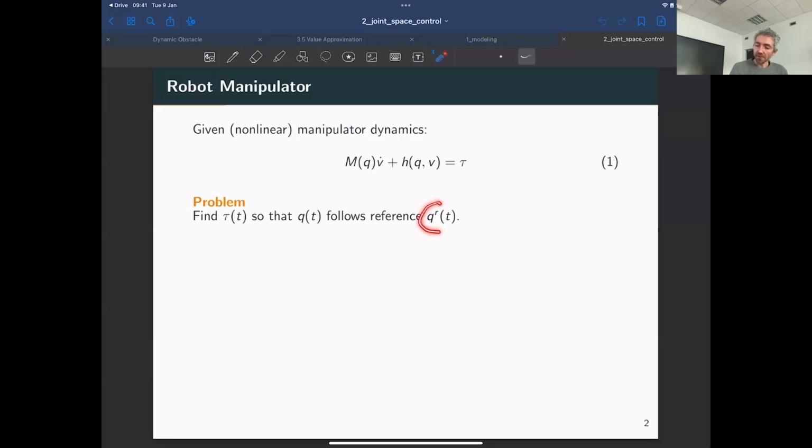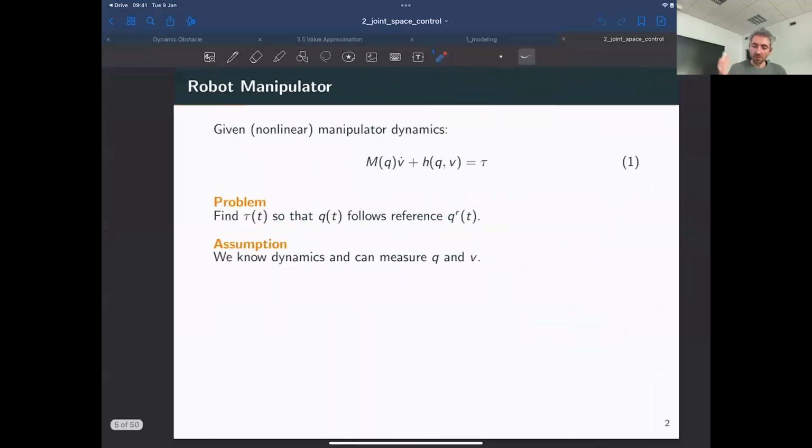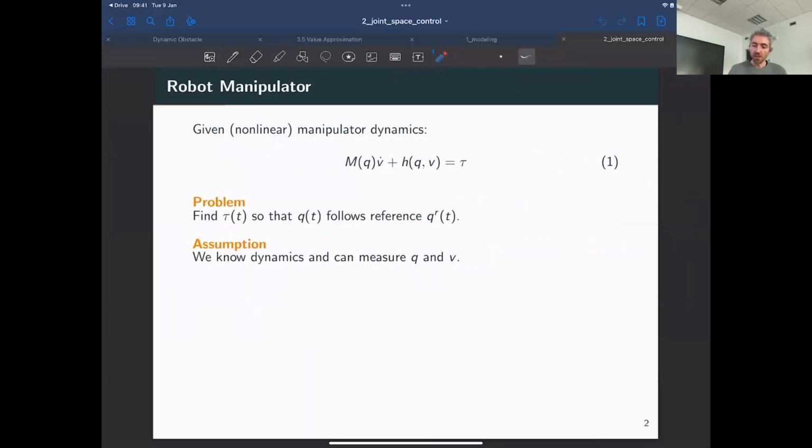We have a reference joint trajectory, qR. So we know exactly what kind of movements the robot should do. And we want to find the joint torques, so the motor commands, so that the robot follows that trajectory. How can we do it? Well, that's actually quite simple. If we assume that we know the dynamics of the system, so we can compute M and h, and we can measure the state, so we can measure q and v at every iteration of our control loop,